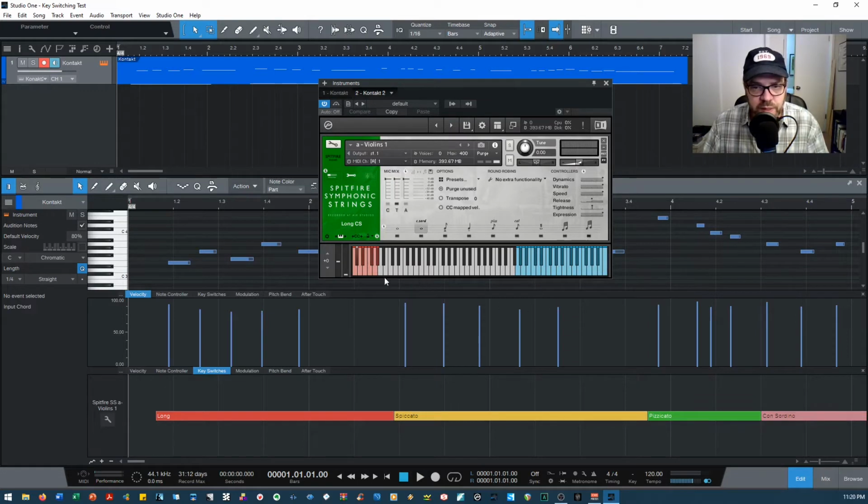You can also see down here these red keys. These are the key switch keys, and so when you're playing, you can change the articulation by pressing one of these keys. Each one of these is mapped to the different articulations out here. So